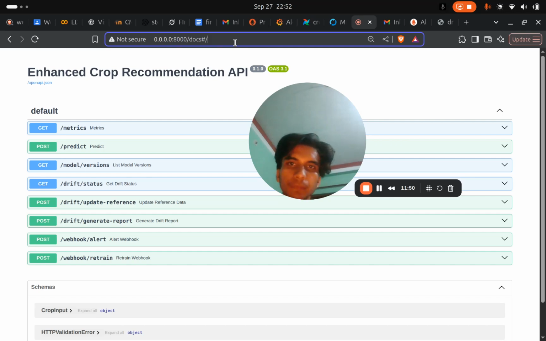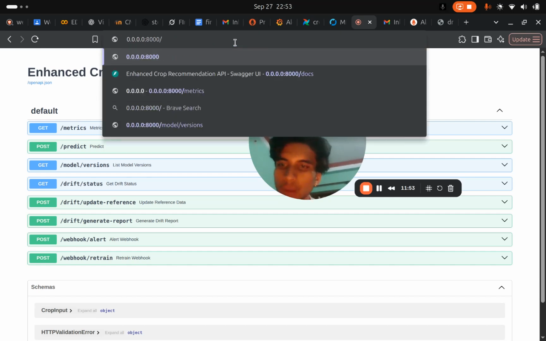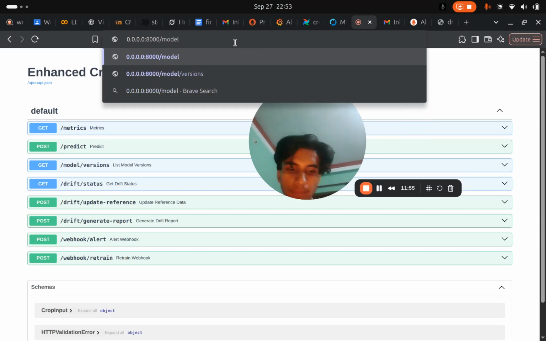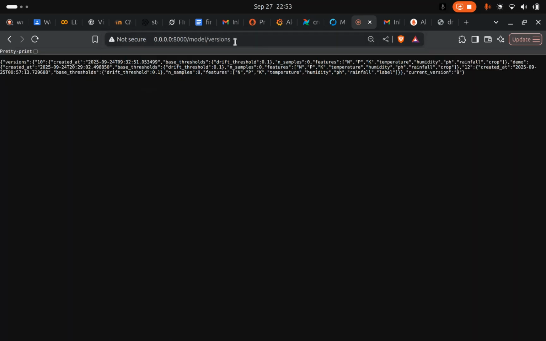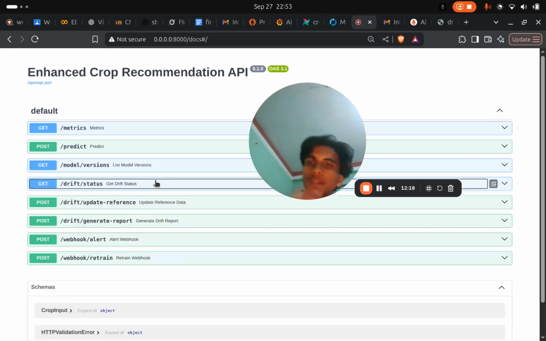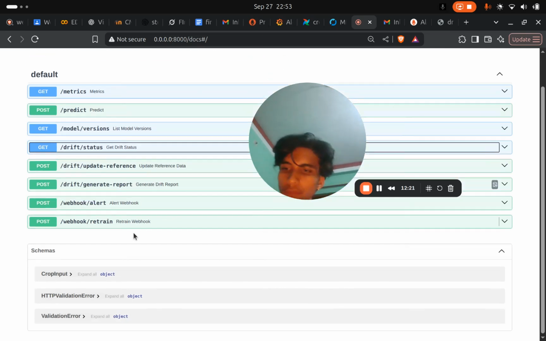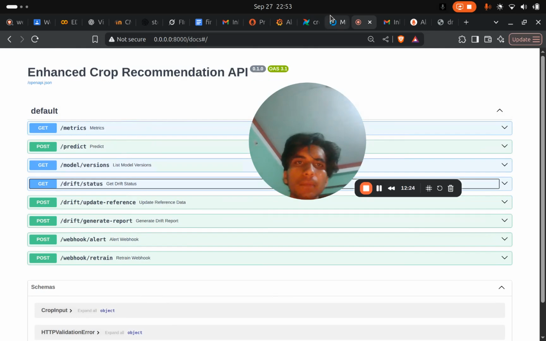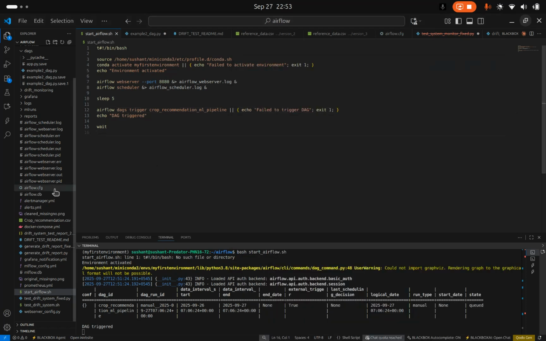model version, model version, we can see all details of the model and the feature samples, etc. And about our status. Let's go from here and see our actual code